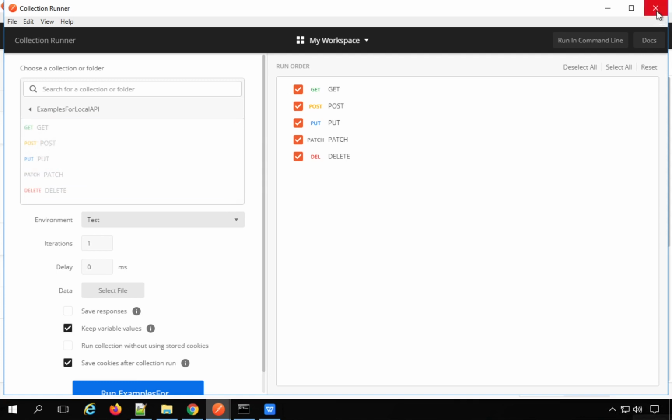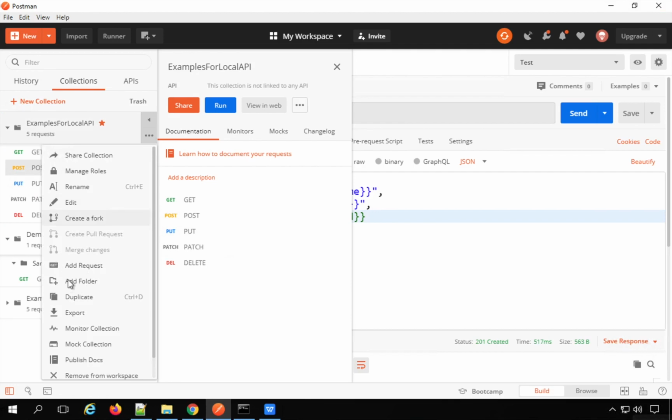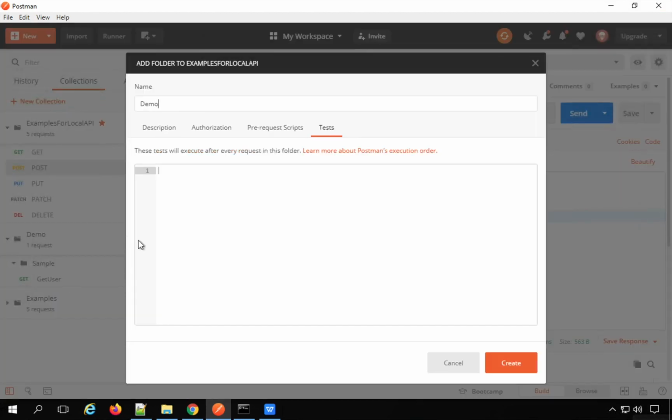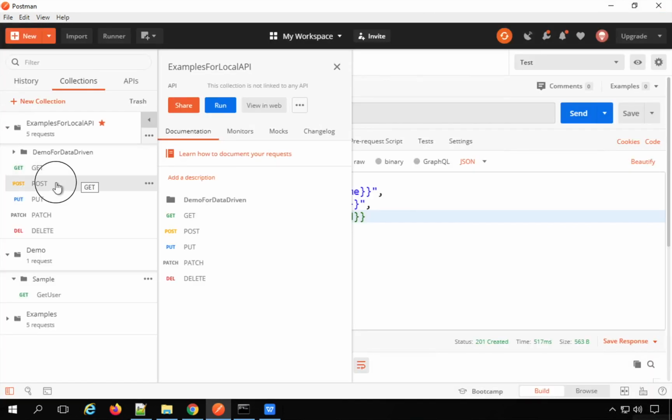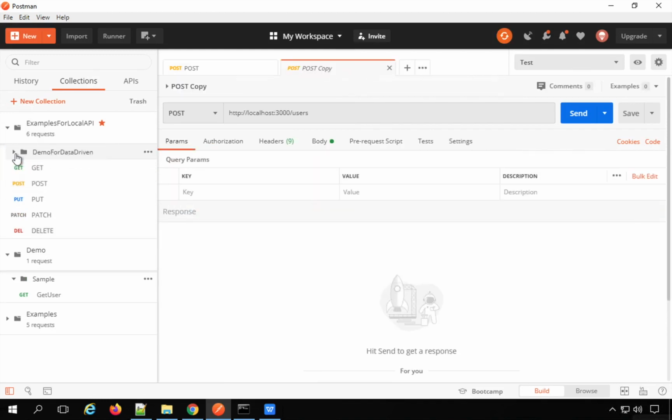So for that, I can put it into a folder. I will create a new folder, and I will say this is demo for data driven, and say create. And I can either drag and drop this post request inside the folder, or I can duplicate this request first. I will say duplicate, and I'm going to copy the duplicate or drag and drop the duplicate request inside my